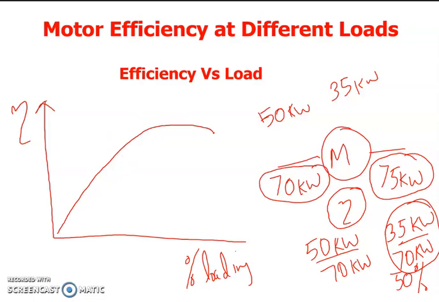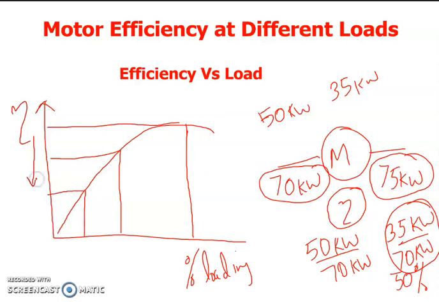So the motor efficiency curve will be something like this. And this is that particular percentage loading at which the motor efficiency is maximum. So it can be around 90% or 95%. And if I'm trying to operate the motor at a lesser loading, that is, the load on the motor is lesser, then the efficiency of operation will be lesser. So if I'm still reducing the loading on the motor, then the efficiency reduces further. So loading of a motor is an important criterion in assessing the efficiency of a motor.